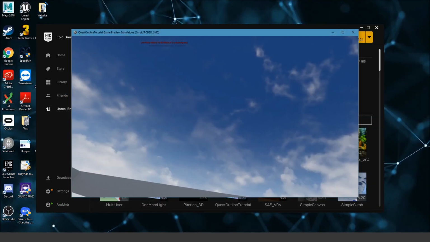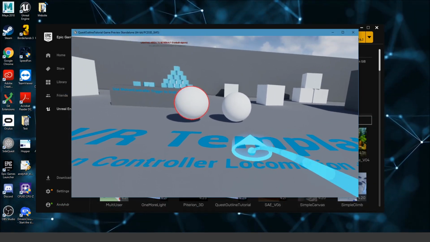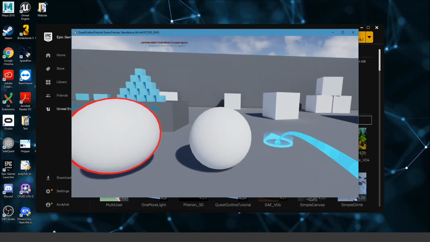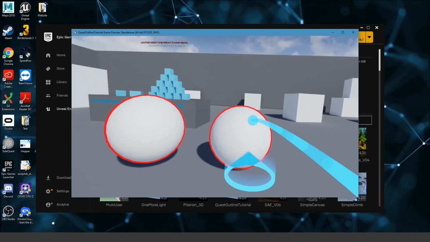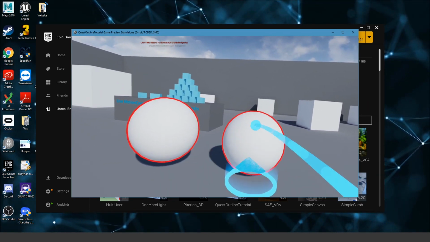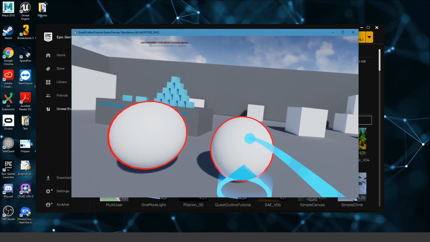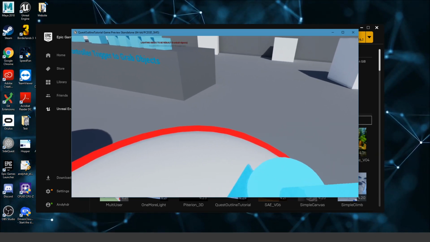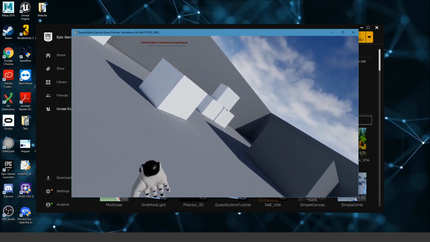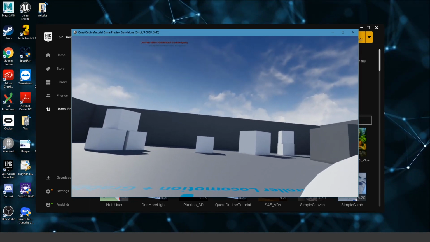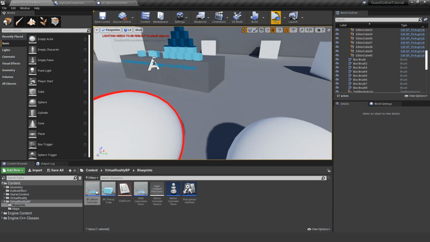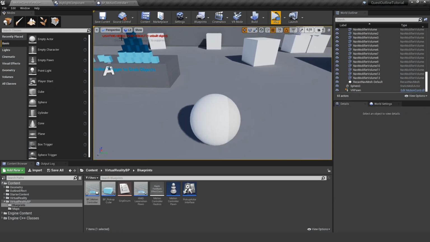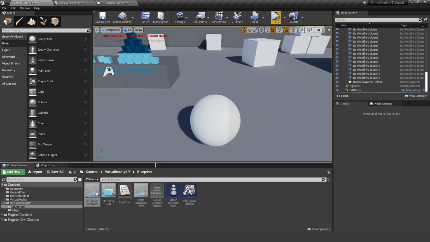Let's try it out. And you can see I have immediate feedback. There's no outline, and as soon as I hover over the mesh, the outline is appearing the way I want it to be. And there's also no flickering anymore. And we have a basic outline implemented. So let's delete this here. And now we can go in there and actually